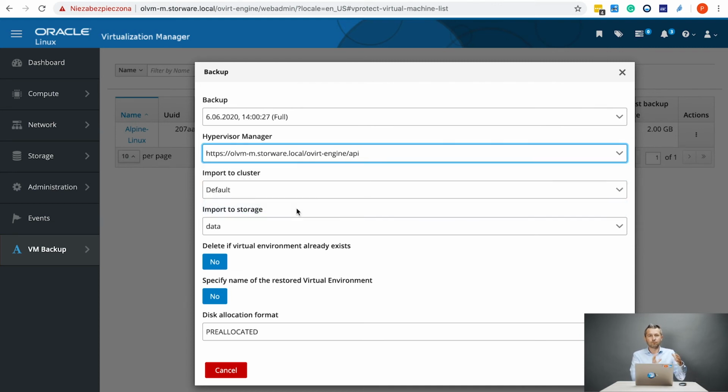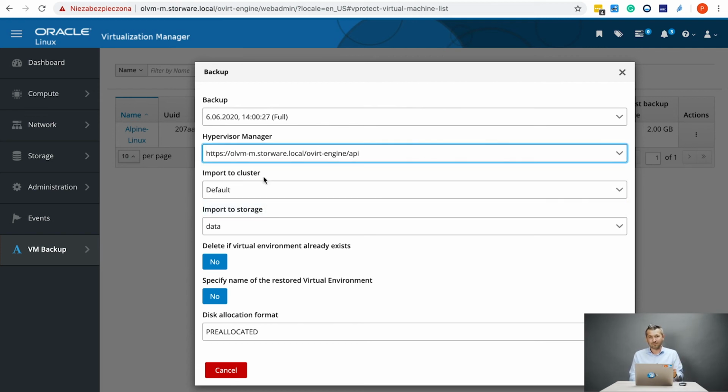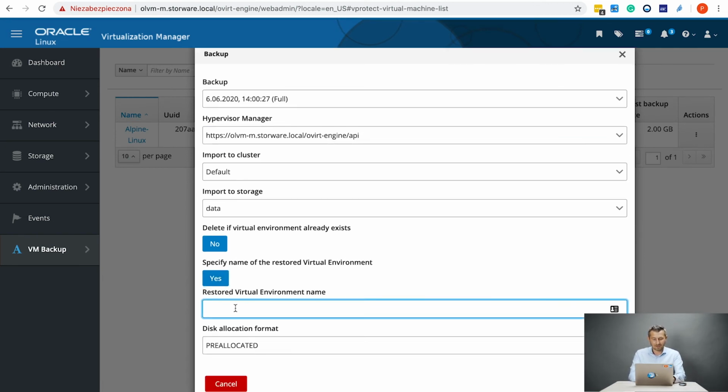Because this machine was backed up for OLVM, it's quite funny because on one side you can have OLVM, on the other you can have oVirt or RHV, and it could even work the opposite way. I always advise using the same type of distribution, so OLVM, like here. Let's specify the name of the machine, so it's OLVM UI